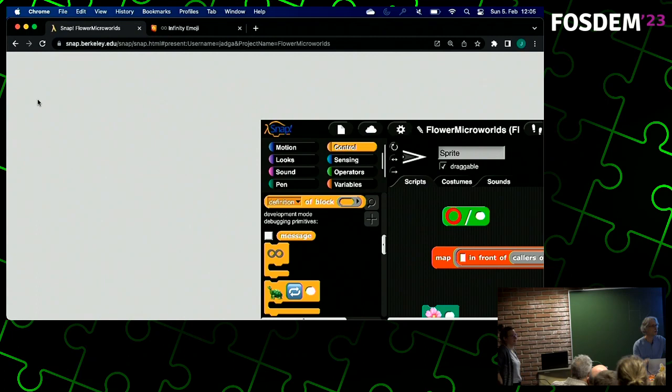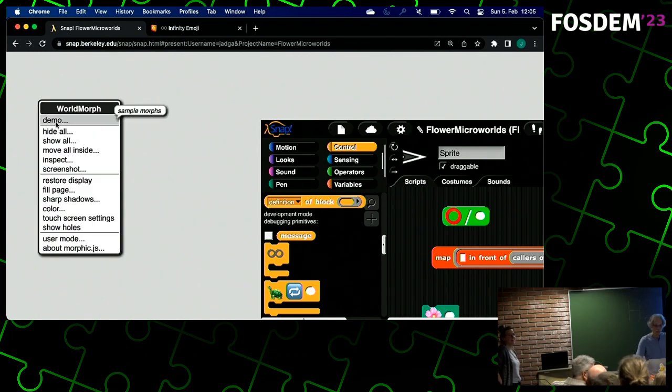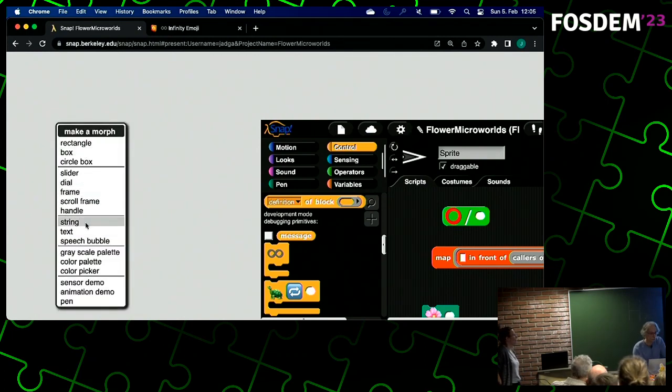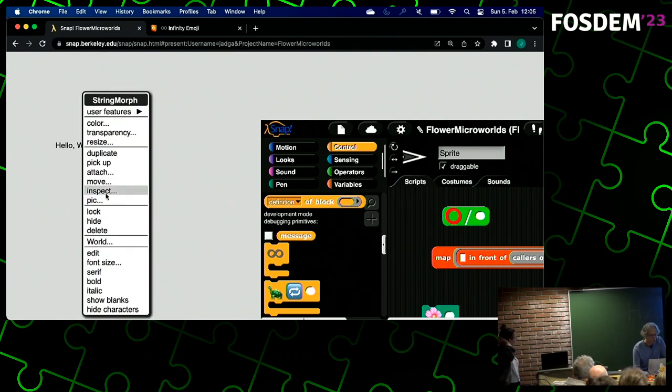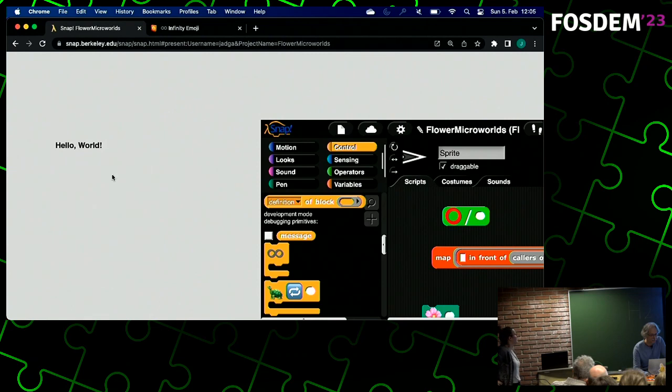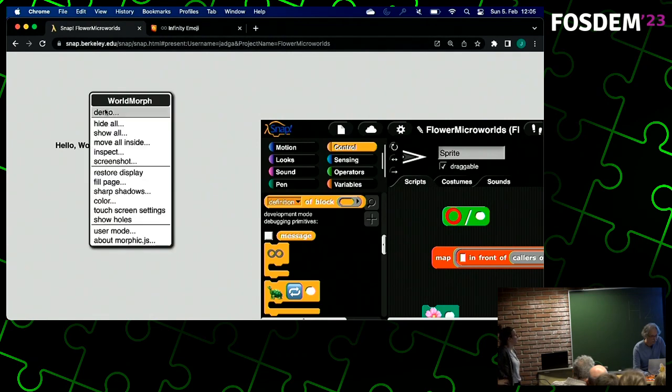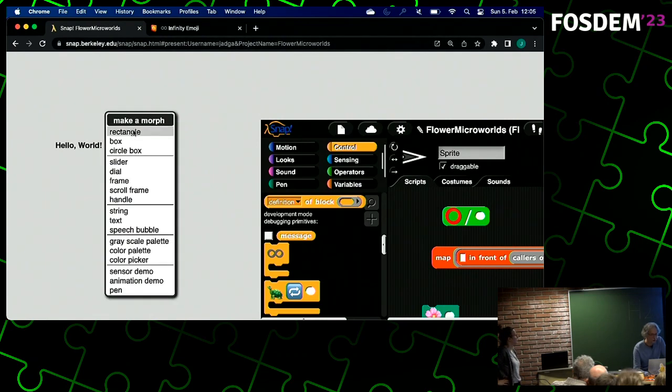So if anybody knows Squeak? It's kind of the same morphic environment where you can directly manipulate any things. For example, you can make this bold, but you can also use this to,